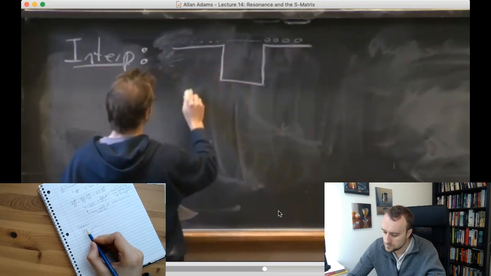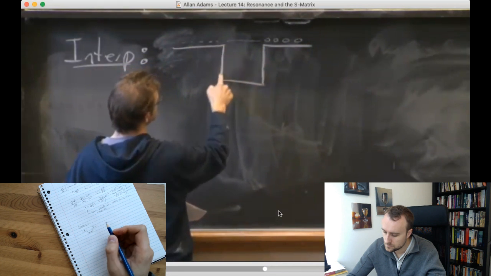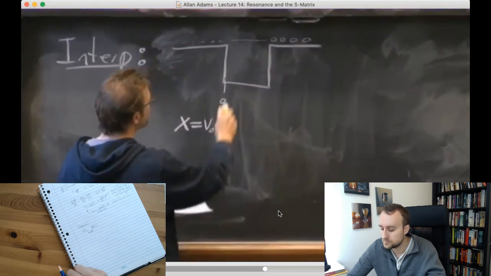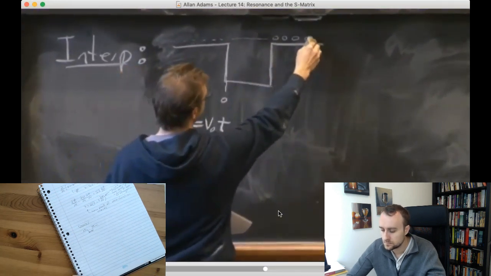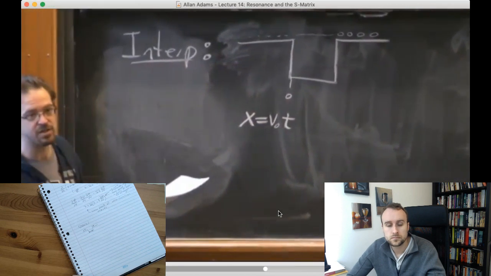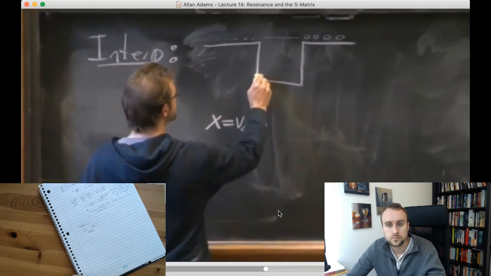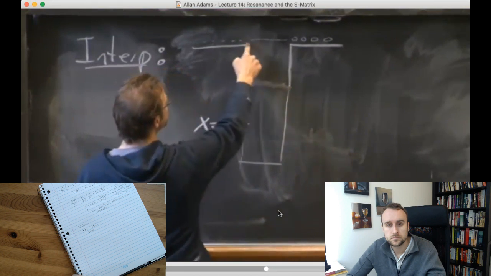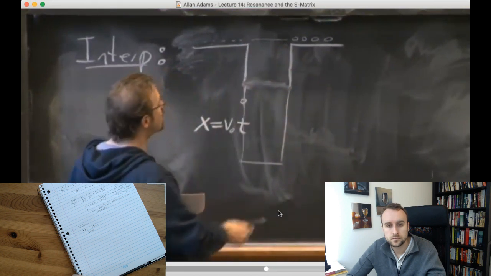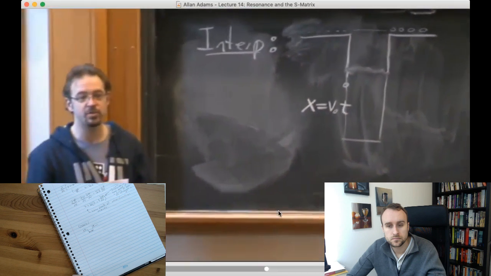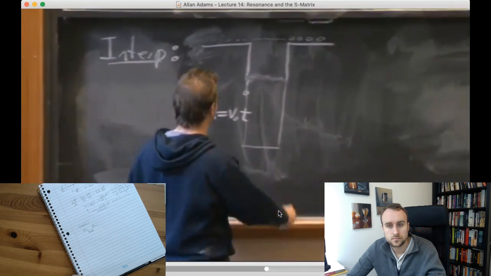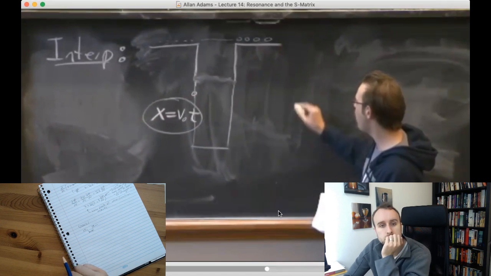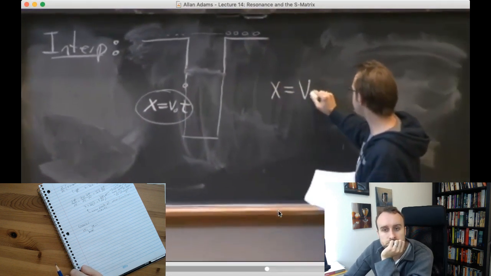So if I had taken a particle with velocity, let's call this position 0, and let's say it gets to this wall at time 0, so it's moving with x equal to v naught t. If there had been no barrier there, then at subsequent times it would get out here in a time x over v naught. However, imagine this well was extraordinarily deep. Basically in here its velocity is arbitrarily large, and it would just immediately jump across this well. So this would be a perfectly good description of the motion before it gets to the well, but after it leaves the well, the position is going to be v naught t